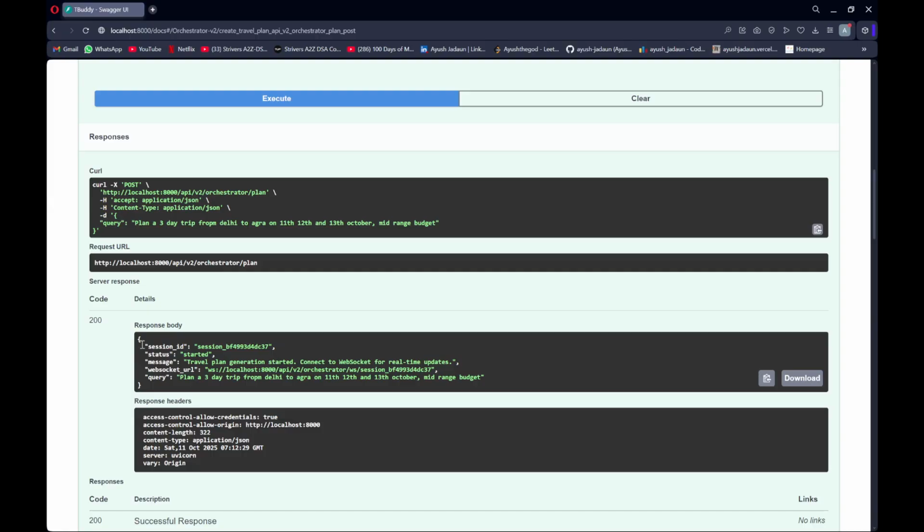That I've given. So the thing is that the orchestration system is made in such a way that it gives